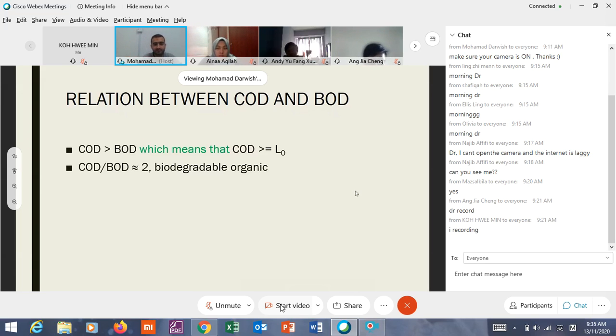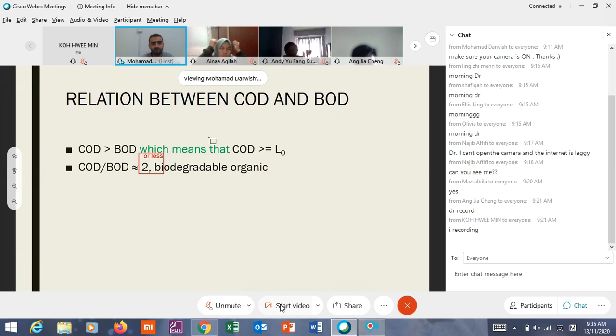So this is the minimum. I can write here that this is 2 or less. So if the ratio is 2 or less, that means there is a high portion of biodegradable